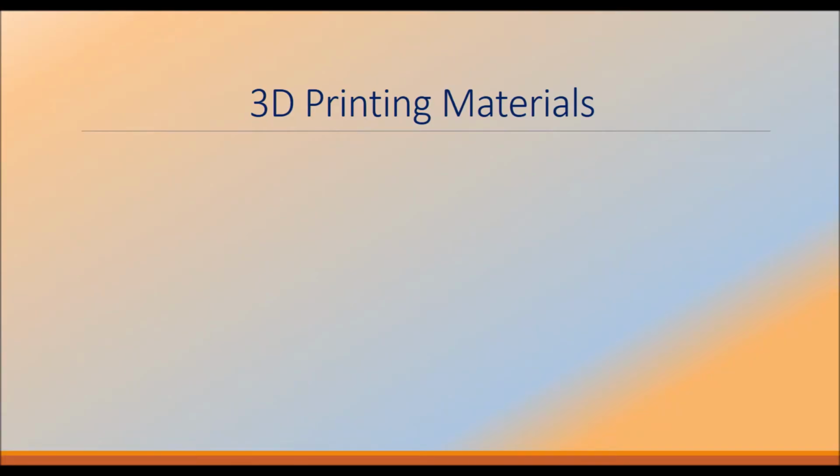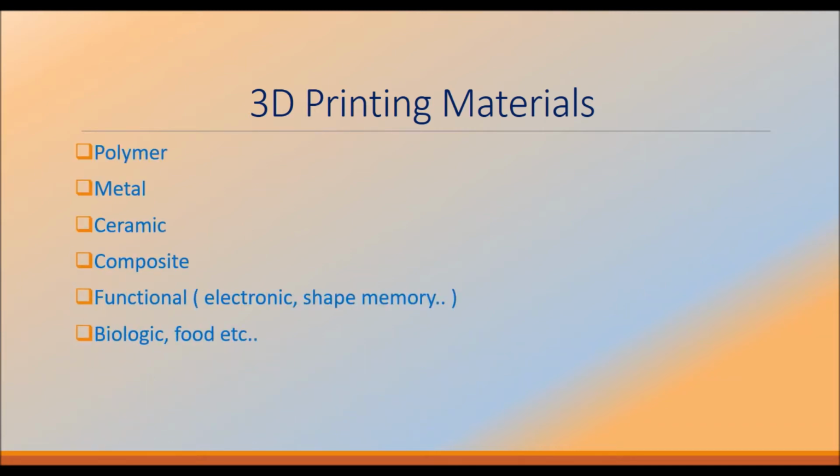So next, coming to 3D printing materials. What are the materials used for 3D printing? There will be some polymer materials, metal, ceramic, composite, functional, that is electronic, shape memory, biologic, food, etc. So coming to polymers,